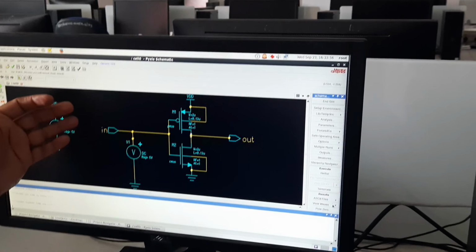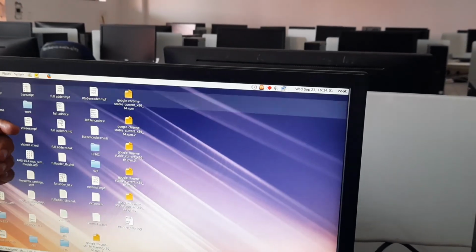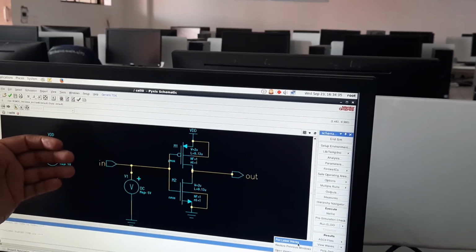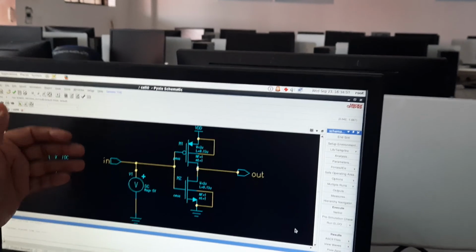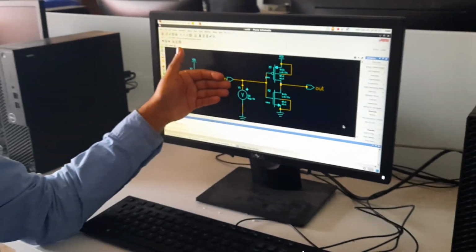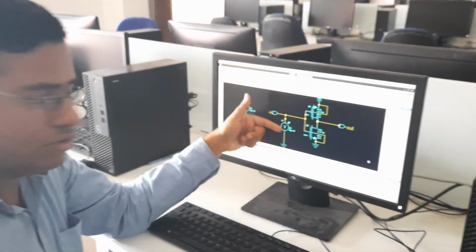This is going on. So now we plot latest waves. So just I discuss what I have discussed here in this DC analysis. In the DC analysis here you require one DC signal.